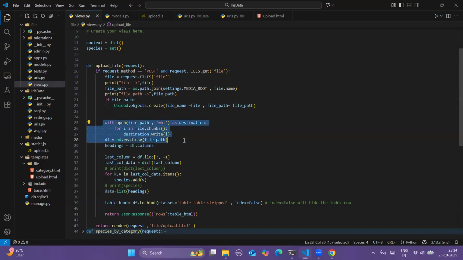And now over here, I have done the whole implementation using pandas. Pandas has this DataFrame. So pd.read_csv means it will read this file path. Okay, pd.read_csv with the file name means it will read the file. Why has this part been done? Because I want to write the CSV file somewhere. Okay, so over here,